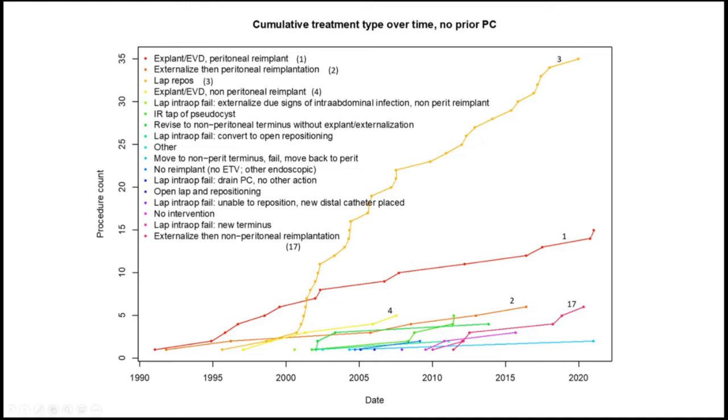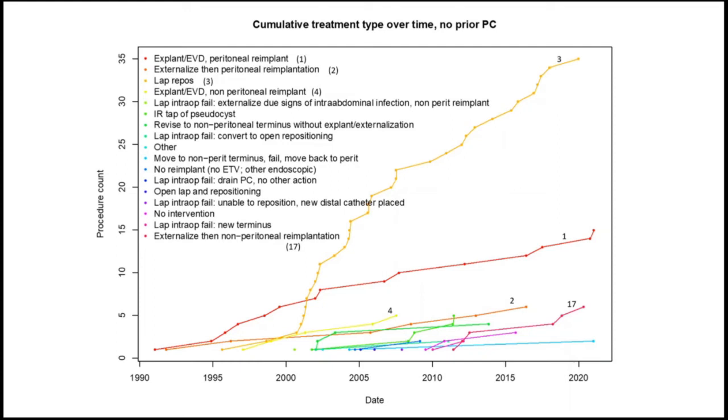The first thing to notice here is that there are 17 different colors on this graph, so there are many variations of how a pseudocyst can be approached. That's because there's heterogeneous comorbidity, presentation, patient issues, and surgeon preference, so in the data sets there's a range of ways people approach this that wasn't standardized. But the most common way to treat this was with curve 3, which was laparoscopic repositioning, and then explant, EVD, or peritoneal reimplant is curve 1,